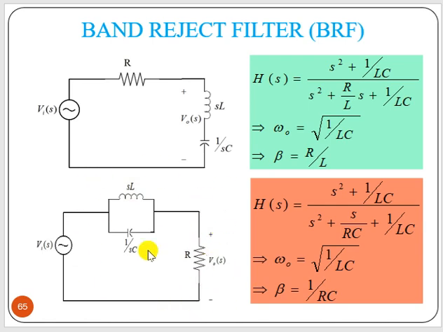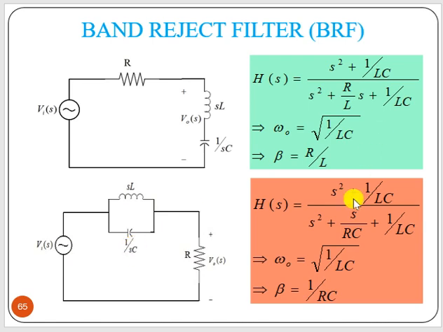Now if you solve it, at omega equal to 0, what happens? The capacitor is open circuited, right? That means across R, what is the voltage? This is open, this is open here. So the output voltage will be the input voltage only. And for infinity, the inductor is open circuited. Then the voltage across R will be the same as the input voltage.